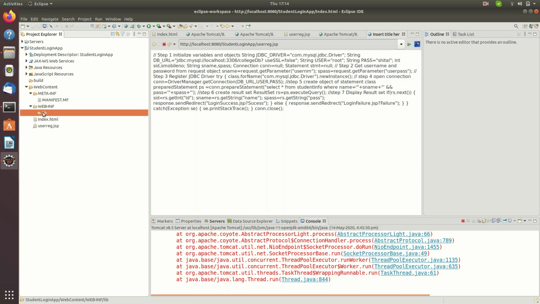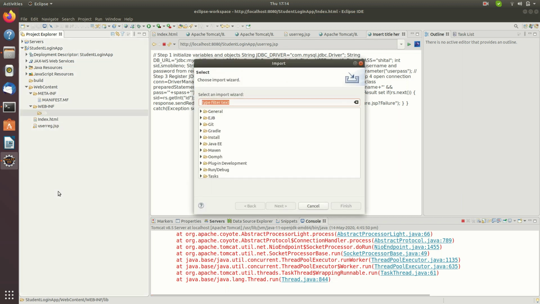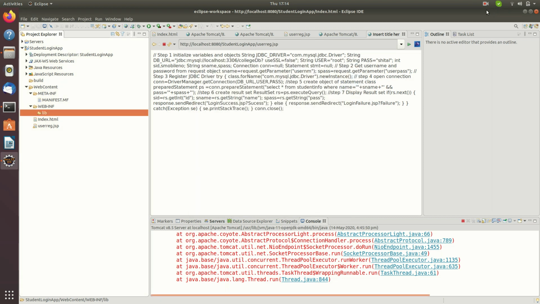So I am having this lib folder, and in this lib folder I can copy paste that jar file. So I'll try out that way, copy pasting the jar file in the lib folder of WEB-INF of the project. So where is my jar file?